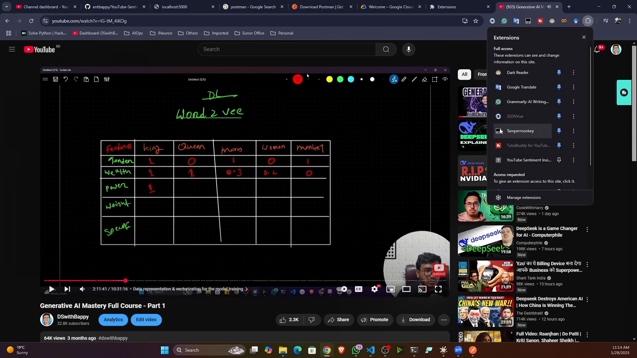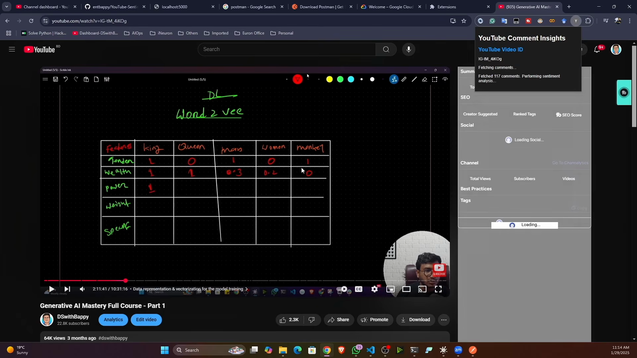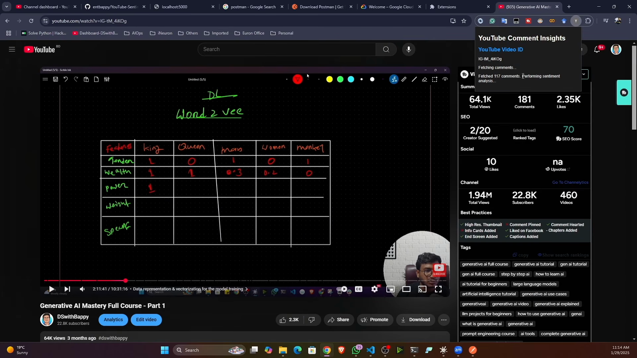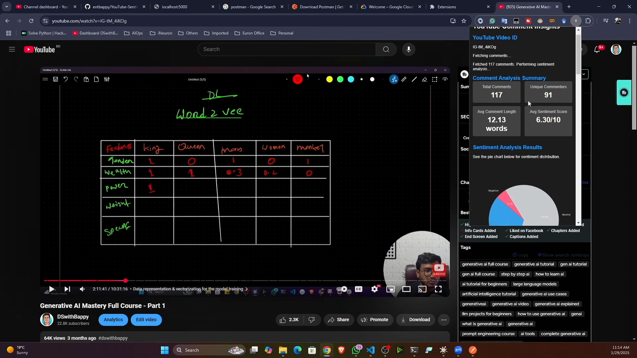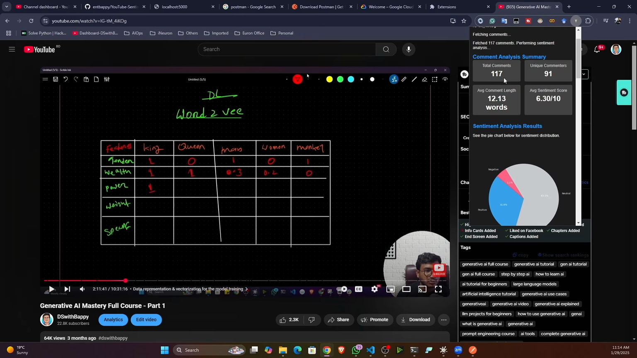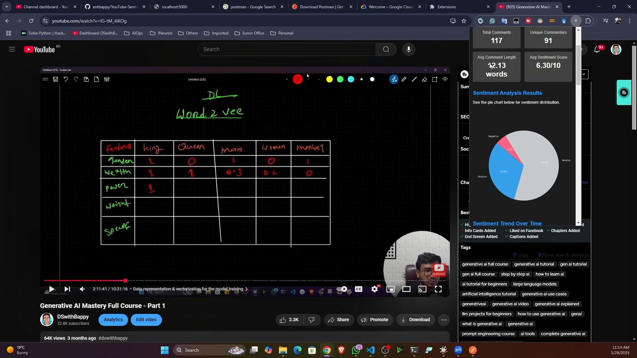Now again I will open up my Chrome plugin. Now it is fetching the comments. Then after that, guys, this is the summary I got. You can see the comment analysis: total comments, it has actually extracted 117. So here I already told you I'm extracting mostly top comments, okay, not all the comments. If you want, you can also extract all the comments. Now this is the unique comments, this is the average comment length, and this is the average sentiment score, you